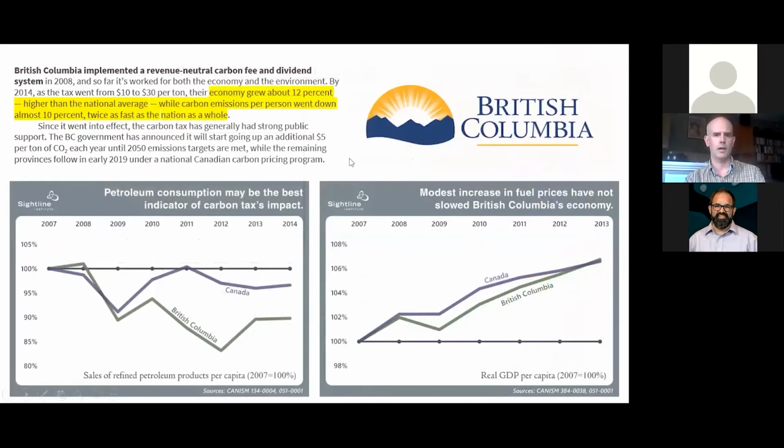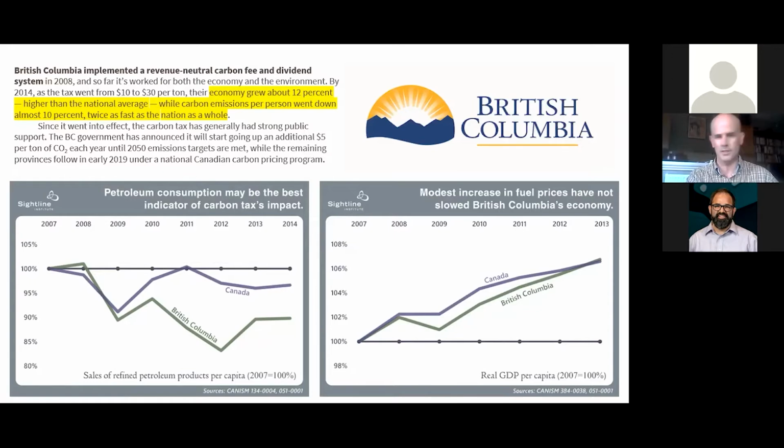Where has this worked? Our favorite example is British Columbia, and now all of Canada. They had an experiment a dozen years ago amongst the Canadian provinces to see which ones had the best ideas for decarbonizing or reducing their carbon emissions. And this is almost to a T what British Columbia did, with some small detail differences that we've learned from. It wasn't perfect, but since they've imposed their carbon fee and dividend model,